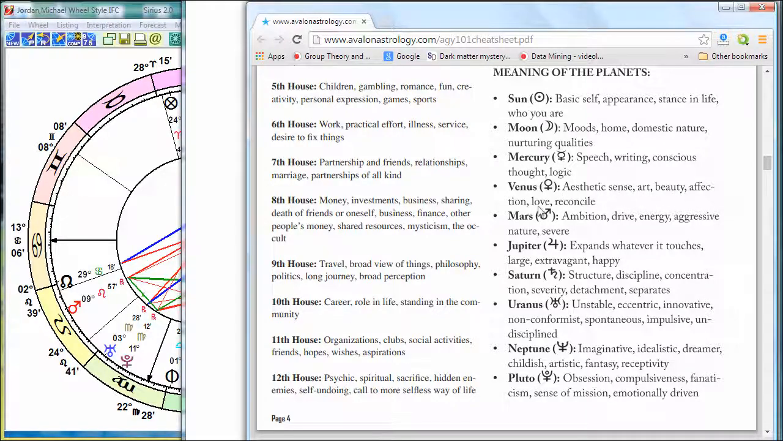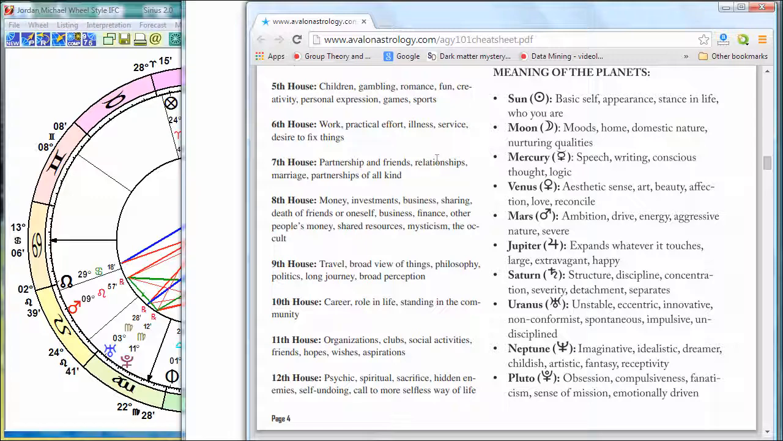art, beauty, affection, and love, often romantic love, in the 7th house of partnership and friends, which is what Michael Jordan has. Venus in the 7th house means that the love relationships are very important. The marriage and romance, I mean, they're important to everybody. With Venus in the 7th house,